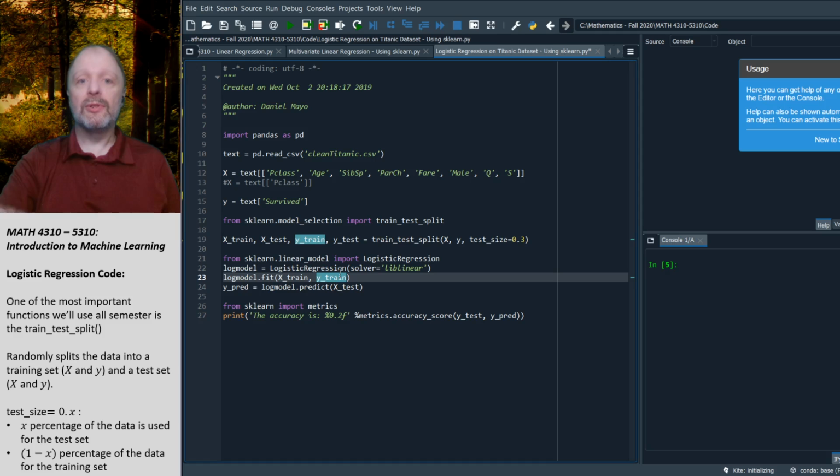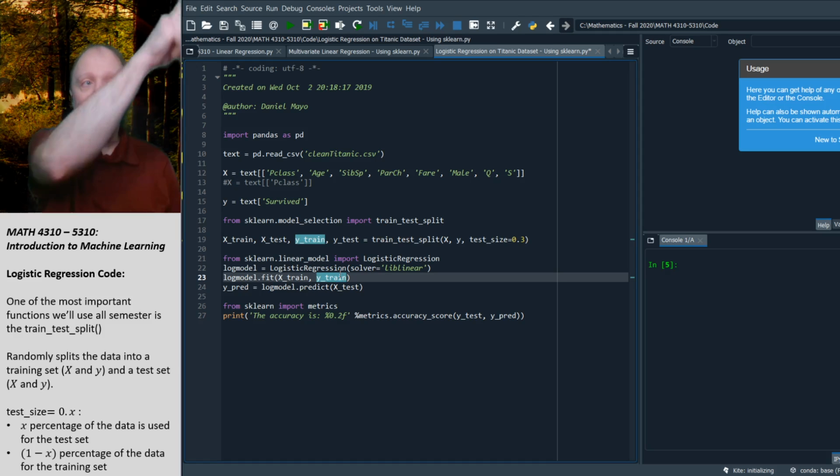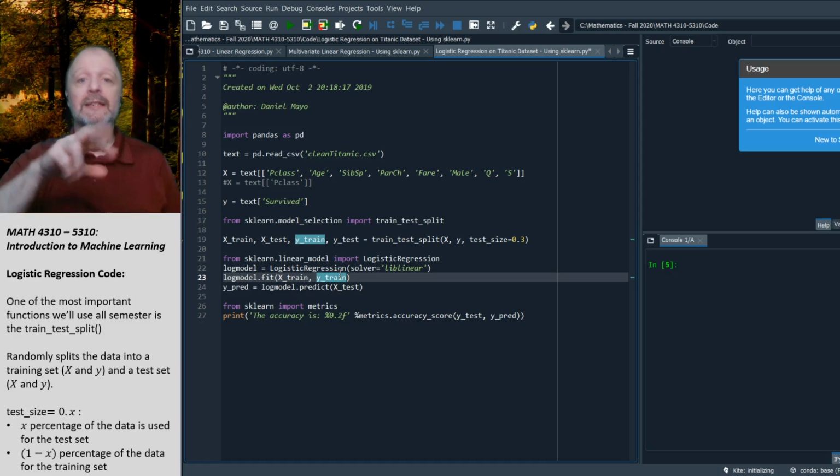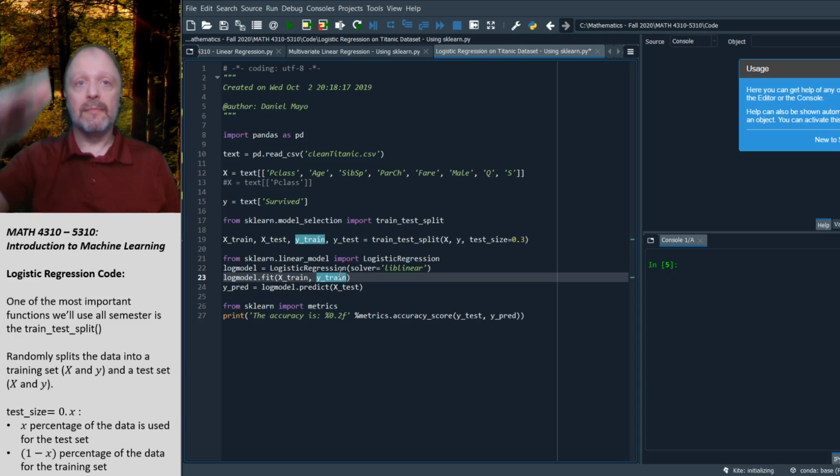So it really wants to come up with a decision boundary, a line through the data that's going to sort the data into two groups that lets it accurately categorize them. So that does all of the training of the model right here with this log model.fit. And now that the model has been trained as log model right here,